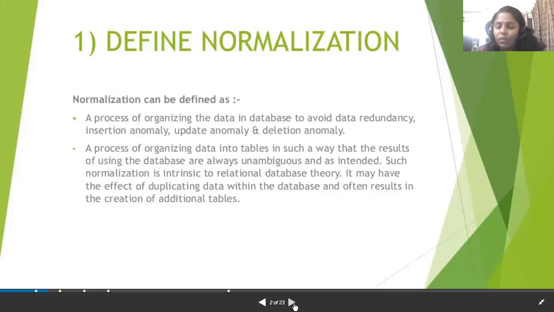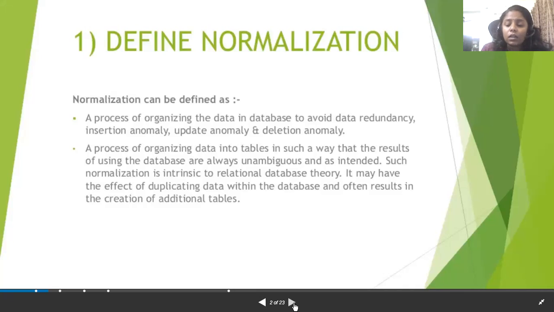That way, we are just wasting memory, and as the same data is repeatedly stored in many places, it takes more effort to update, delete, or insert some data. So that's why we are trying to reduce the redundant data from the tables, or we can say we are trying to reduce the repetition of data from the database.